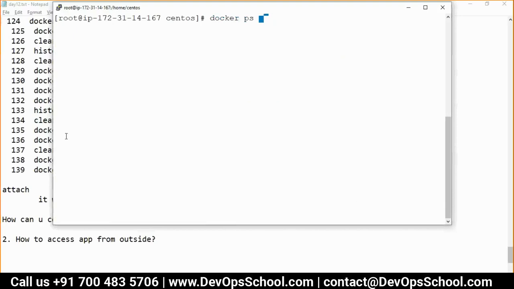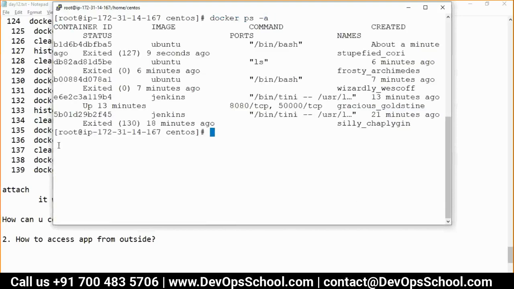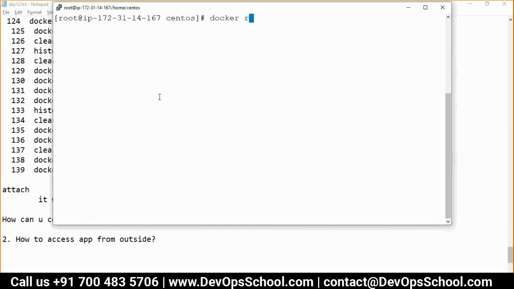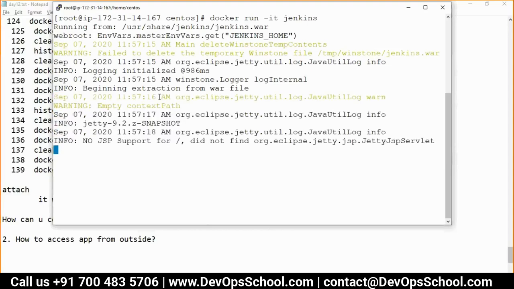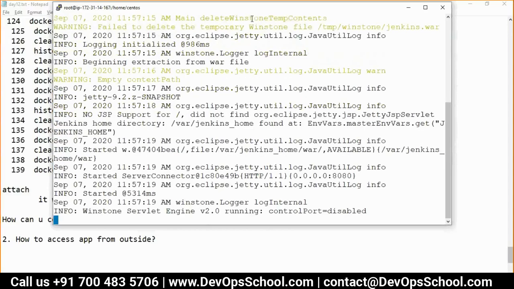But it won't be the same every time, right? Since we never know when it will be one. In Jenkins, it will not be one. For example, let me show you Jenkins. docker run -it jenkins. So in Jenkins it will be different. With docker run -it jenkins, you are inside now. Again, you become PID1.